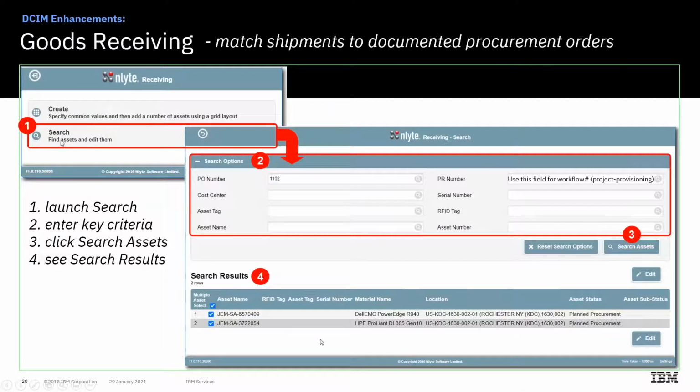Now, since we already have created them as assets, in our workflow process we're not using this one for the creation of assets, which you could do with the goods receiving. But we're going straight to search because, as I mentioned before, if it's a purchase order that they put in for that particular asset or multiple assets, on goods receiving, that's one of the key fields that someone could just put in and click search, and it would bring up a list of anything that's associated with that purchase order number, or